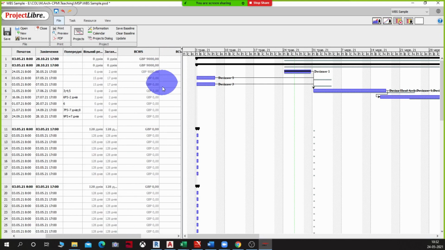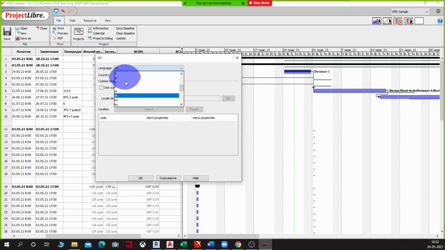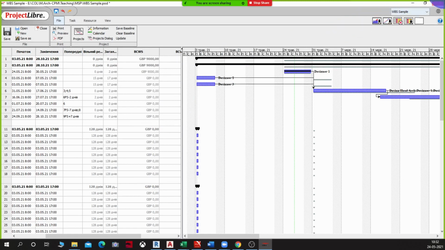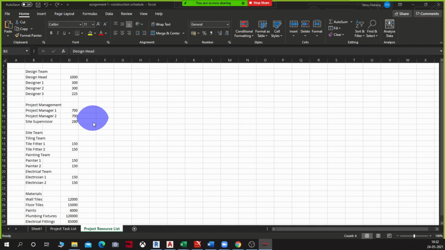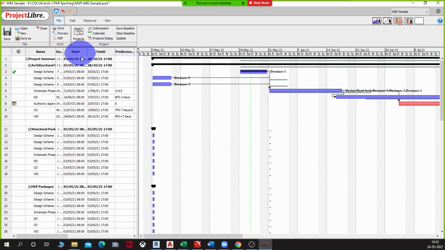So you can make a mix and match. This is a very good example you can see here. The language I chose for Ukraine, so it's showing that language, but the country I chose England, so it's showing me the currency in GBP. Okay, so this should have been English or default. EN, EN is English. Yeah, there you go.